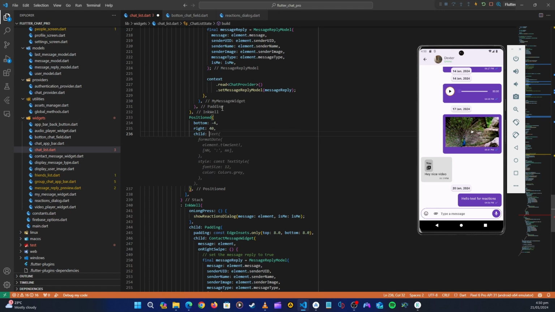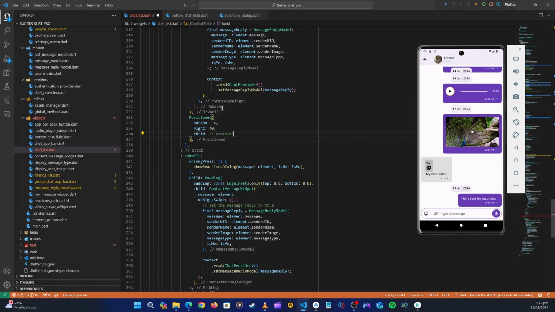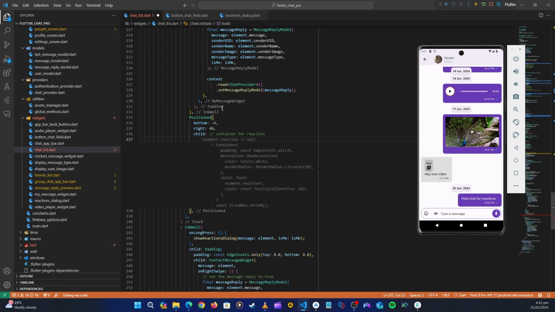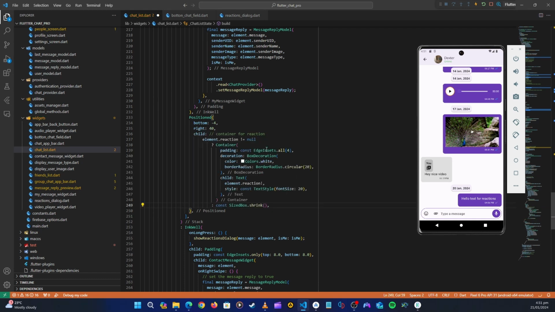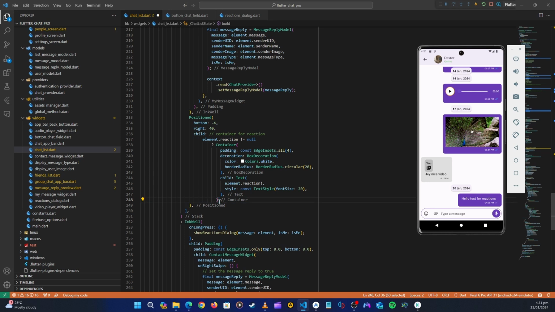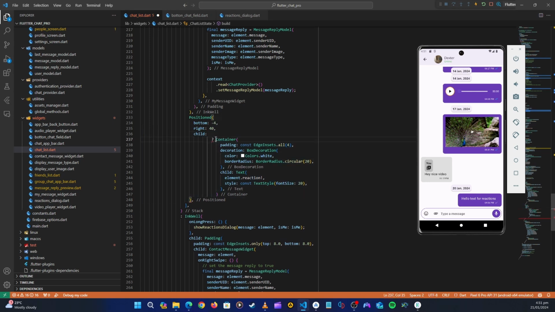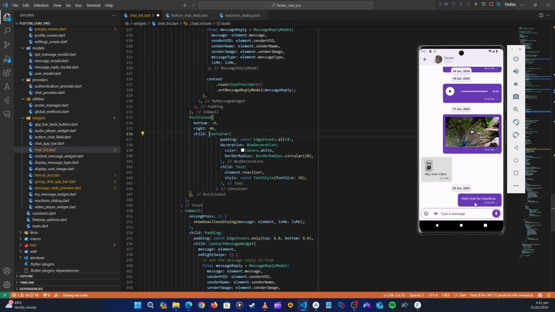So let's say container for reaction. Okay, now let's see if Copilot will create. Okay, all right, let's click tab. Let's just click tab. So now first of all, let's remove these, and then let's remove these. Okay, let's just have that container for now, because we want to be seeing it always, because we are still